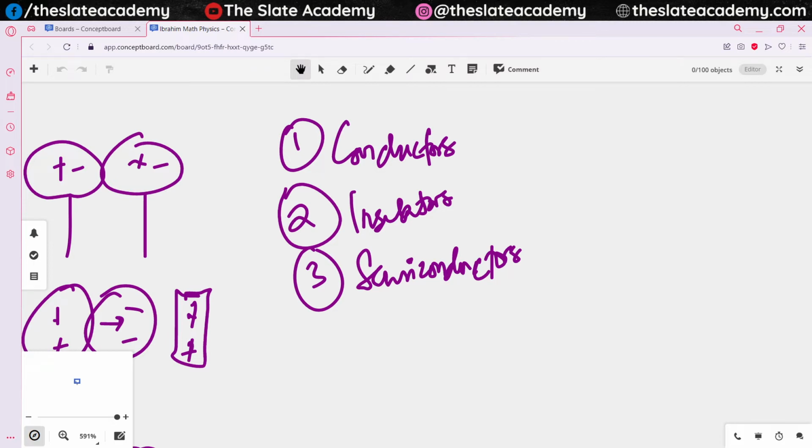Acha, what are conductors? Conductors are the materials which allow electric current or electric charge to flow through them under most of the circumstances. Okay. Insulators are which do not allow the current to flow through them. Then there are semiconductors. What happens in semiconductors is that under some circumstances they are conductors, and under different circumstances they are insulators. Usually they are insulators, but by doing certain actions,